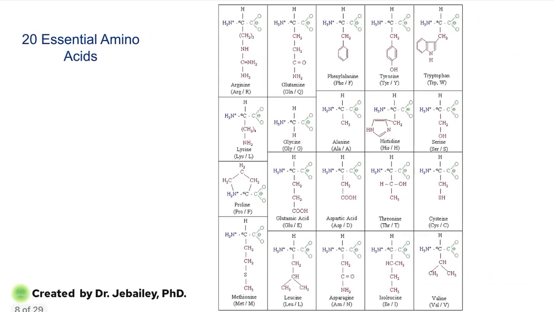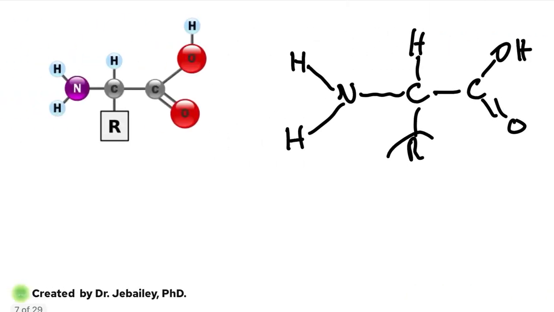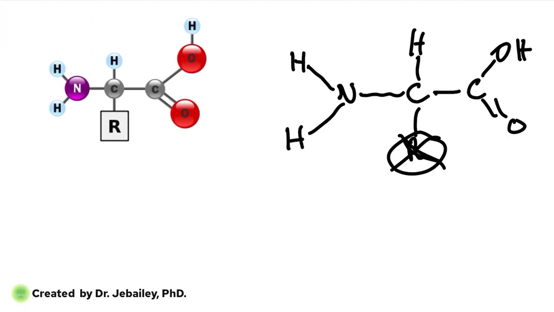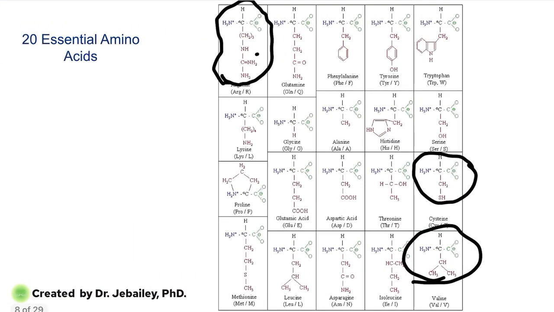Okay? Now, here are the 20 amino acids. You can see this entire large structure here. Now, where exactly will this larger structure go? This larger structure would actually be right here on the R. That means this R here, you will take this R and replace it with this entire structure. And that will give you arginine. Or let's say you want to take this structure right here, it would have been cysteine. Or if you take this structure here, it would have been valine. So what you do is you just replace the R with one of these structures and you get the 20